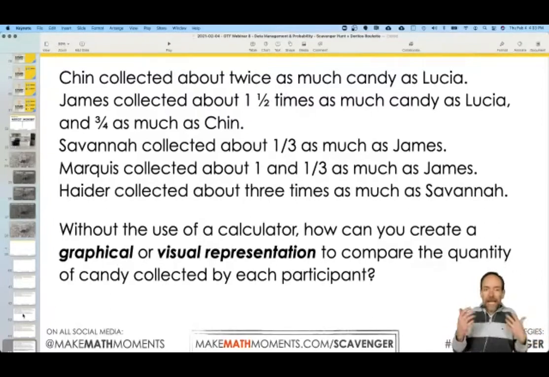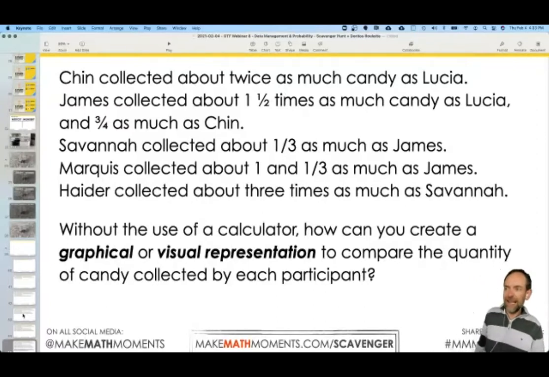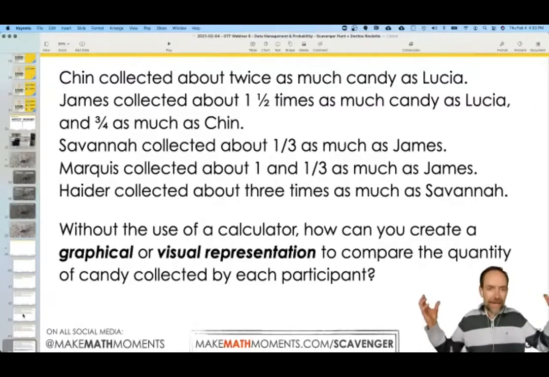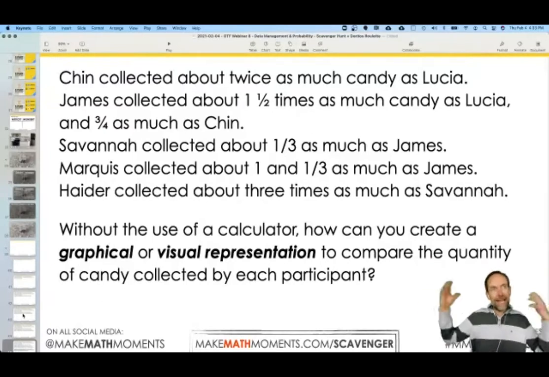So that might be helpful as a place to start when you start comparing. You go, okay, well, wait a second. Or you can go the other way and say, what if I look at some of this information, maybe I say one of these friends actually has a certain amount and I work based on that. And then I try to see whether my estimate fits, see how this all plays out.